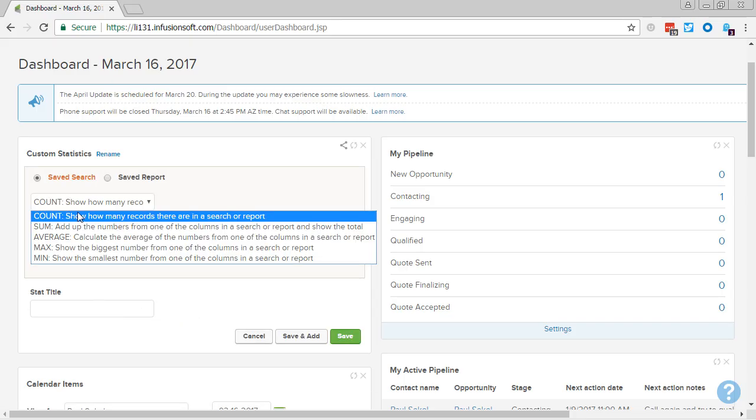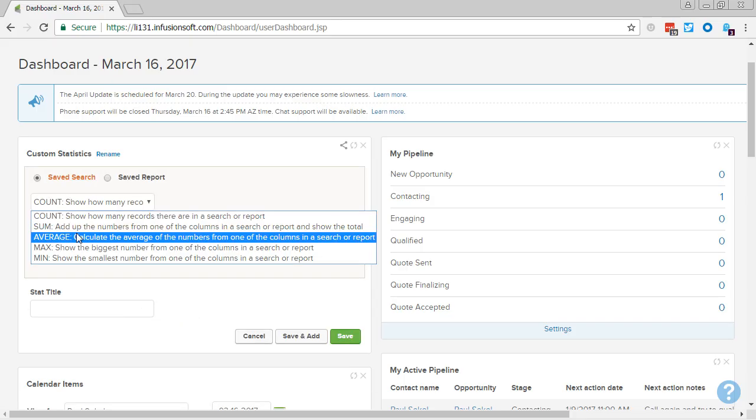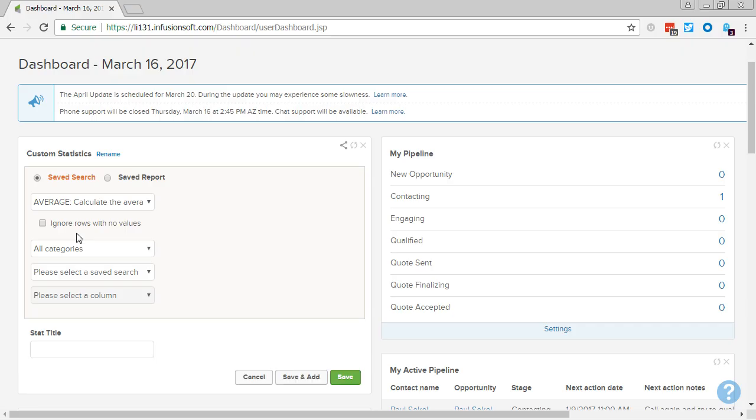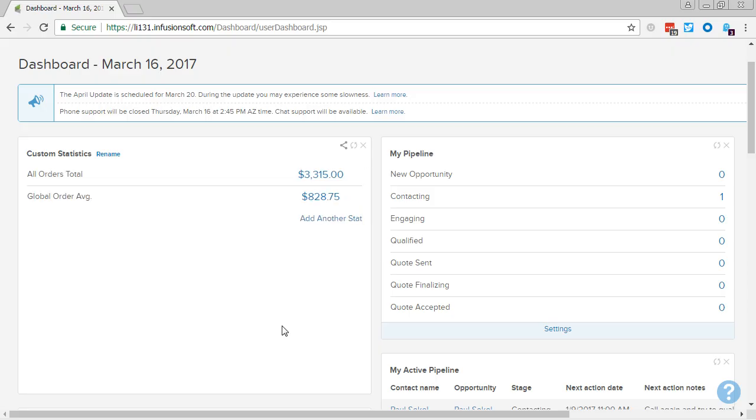What I'm going to do now is I'm actually going to go ahead and take an average count. I'm going to tell it to ignore any empty rows, although I don't think we'll have any on this report. And we're actually going to choose the same report, all orders, and we're still going to do it across order total. So this is now the order average. I'm going to do the global order average actually, because it's an all orders report. So now when I go ahead and click Save,